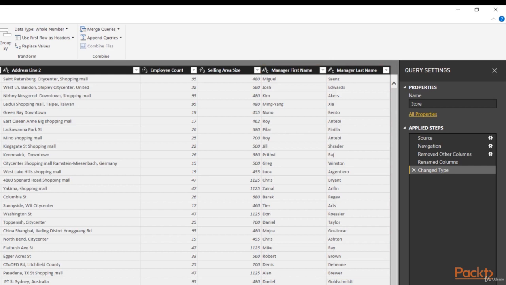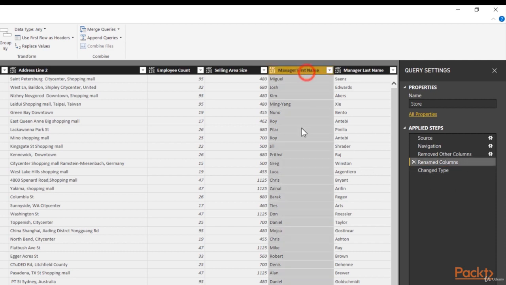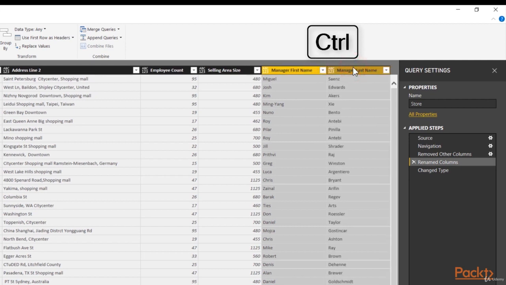Now to start with, so I don't end up with a second, a third, or a fourth changed type step potentially, because I like to leave change type to the very, very end of all of my calculations, I'm going to come over to my applied step, select the rename column step. That way if I add a new applied step in here, it's going to go in between this step and the change type step. I'm going to start by selecting Manager First Name, holding Control, selecting Manager Last Name, and